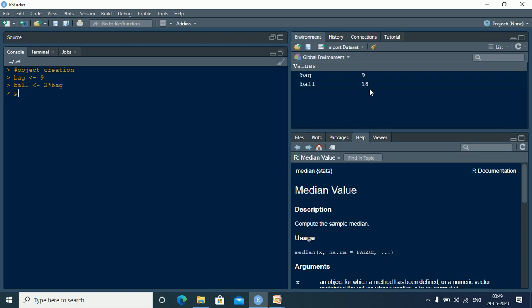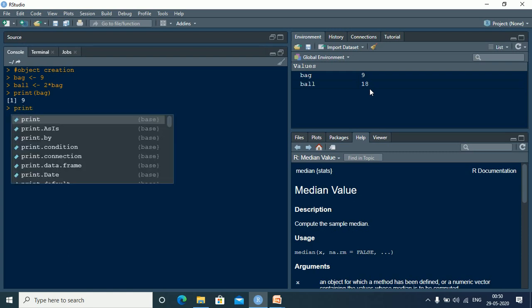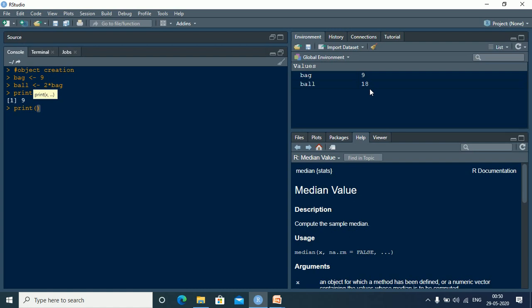So let me print bag and enter. Now bag has been stored with a value of 9. Anytime you recall bag or ball, it will take the numerical values of 9 and 18. So let us print ball as well. So print ball, right? So ball has a value of 18.